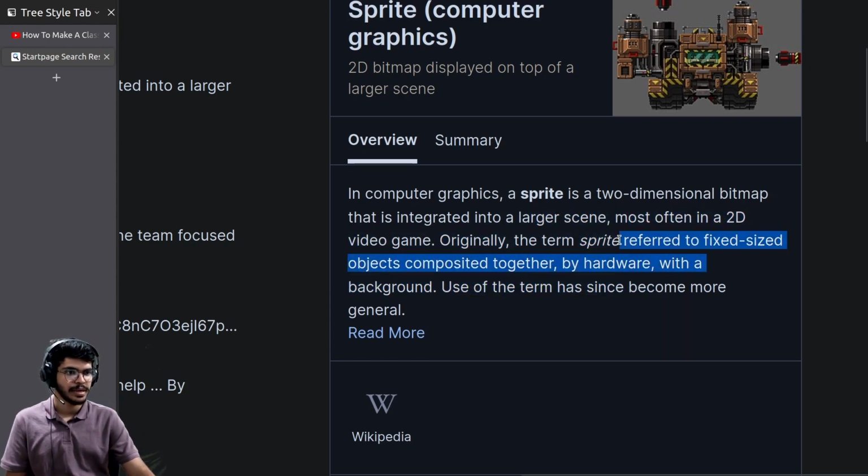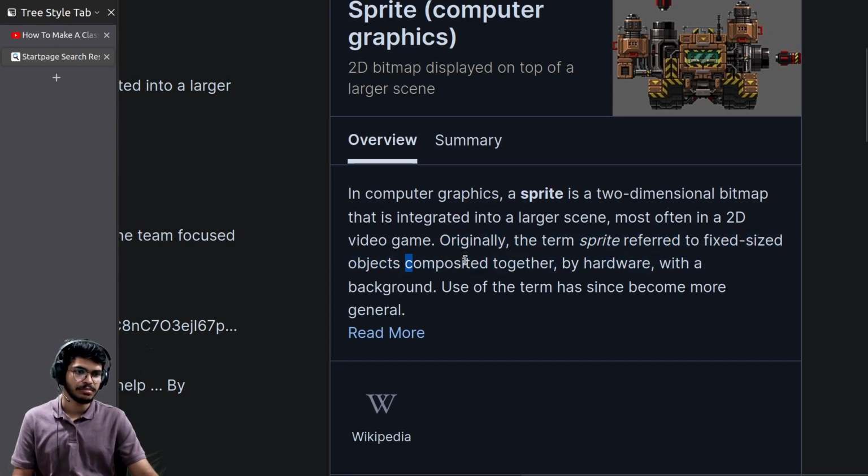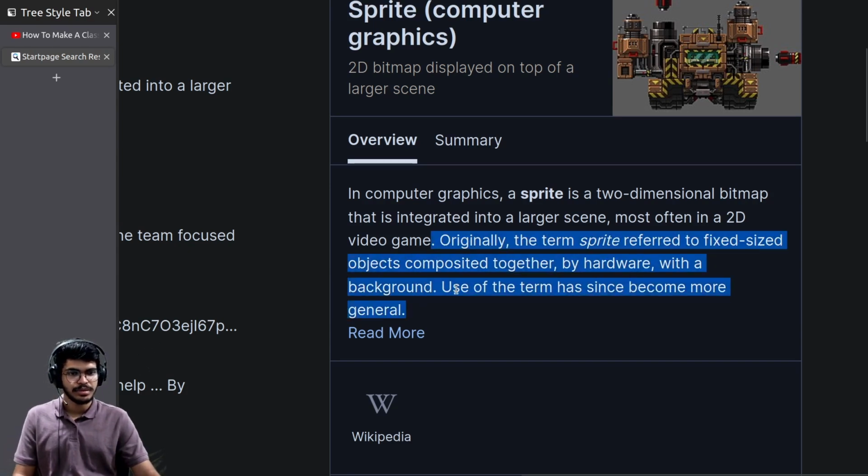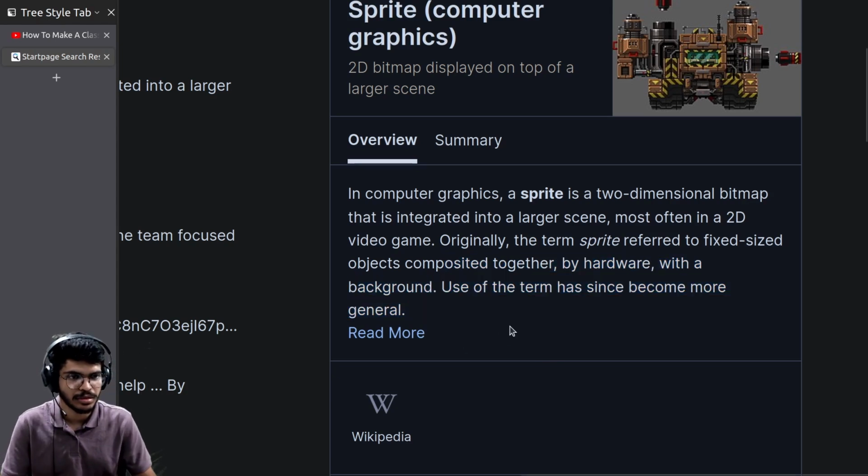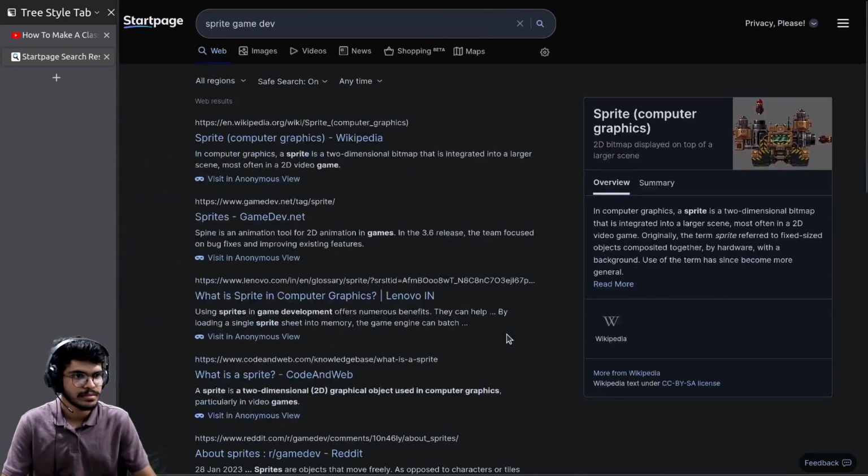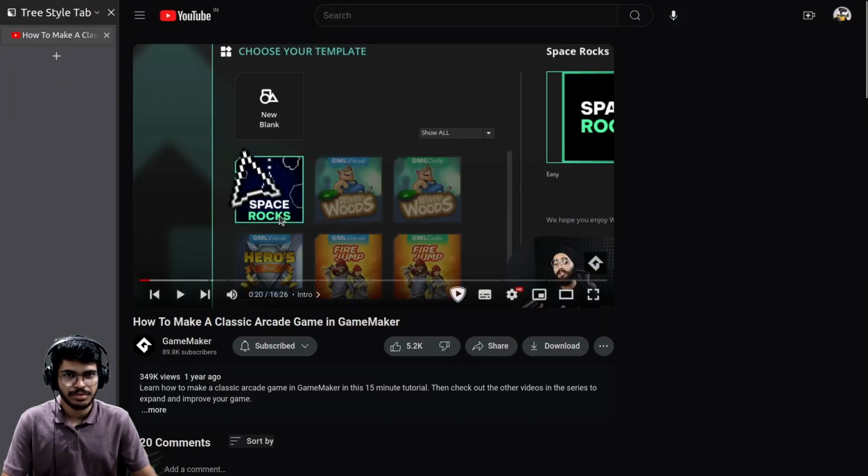Originally, the term sprite referred to fixed size objects composed together by hardware with the background. Use of the term has since become more general. Nice. So it's very basically computer graphic